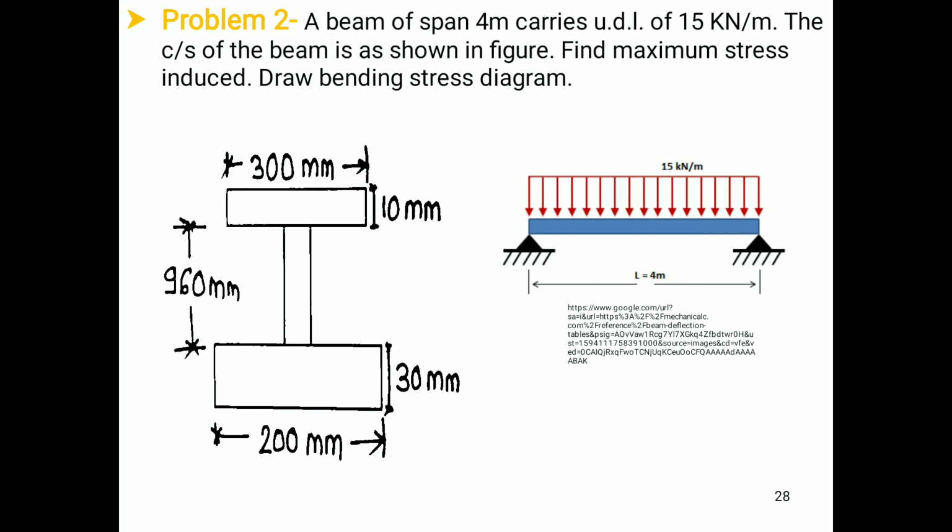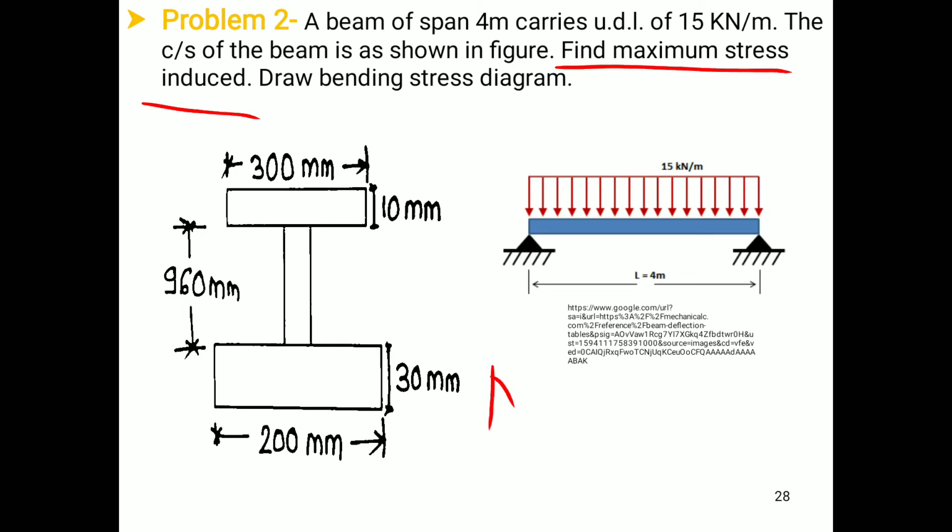Therefore, we are going to use the parallel axis theorem to find out the moment of inertia for the same. And that concept we will discuss in the next slide. But as given in the numerical, we have to find out the maximum stress induced into the beam. All of you know that we have to find out the value of sigma. It is the value of stress.